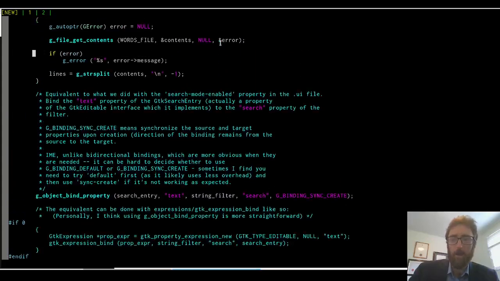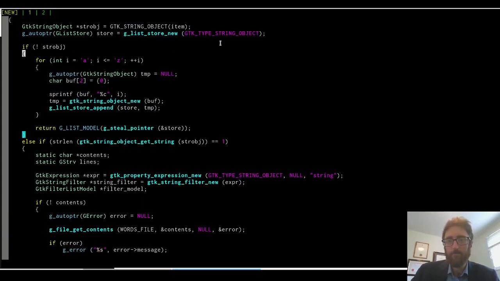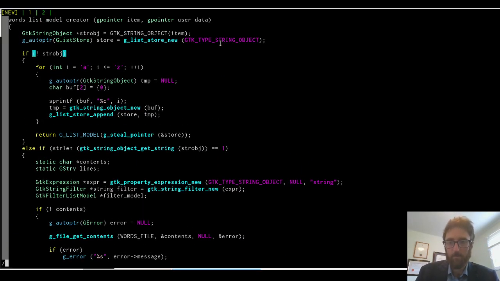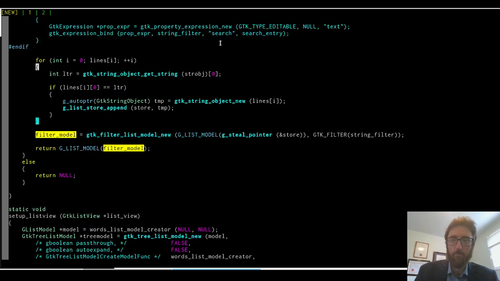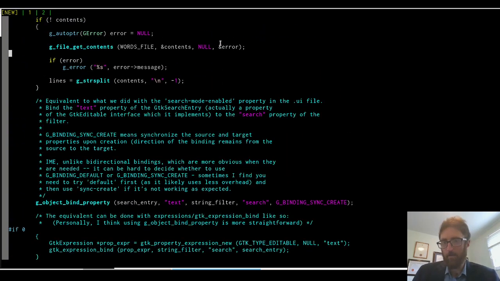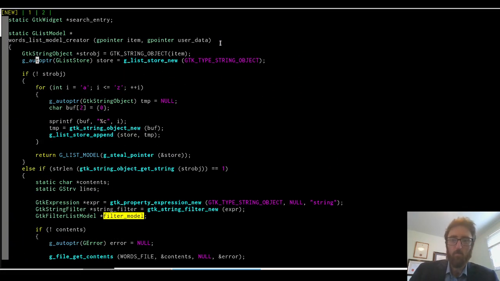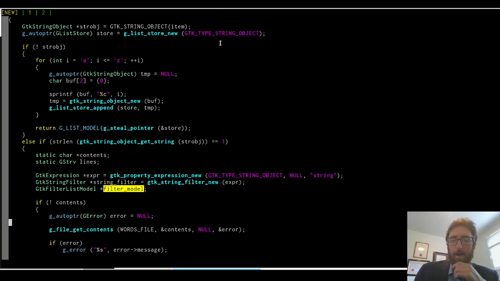Right, okay, yeah. So because now we've added this filter model guy, right? And so we have two different types of models. We may need to return earlier, right? If we are just creating the A to Z, we do that the first time it's ever run, and we return early with just that list. But in the event that we are engaged in a search operation,